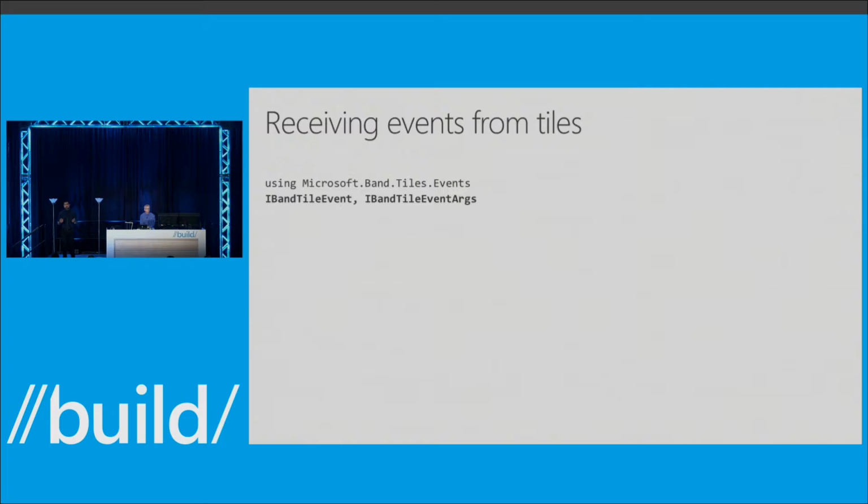When you have pages, like I said, you can put buttons on these pages, so you would want to know when the user is interacting with those tiles. So you can receive events back from these pages using the SDK. The SDK allows you to receive 3 different major kinds of events that you can subscribe to. These are pretty self-explanatory by the names. When the user opens your tile, you get a notification back that says the user has entered your tile. When the user exits your tile, you get a notification back into your code saying the user has left your tile.